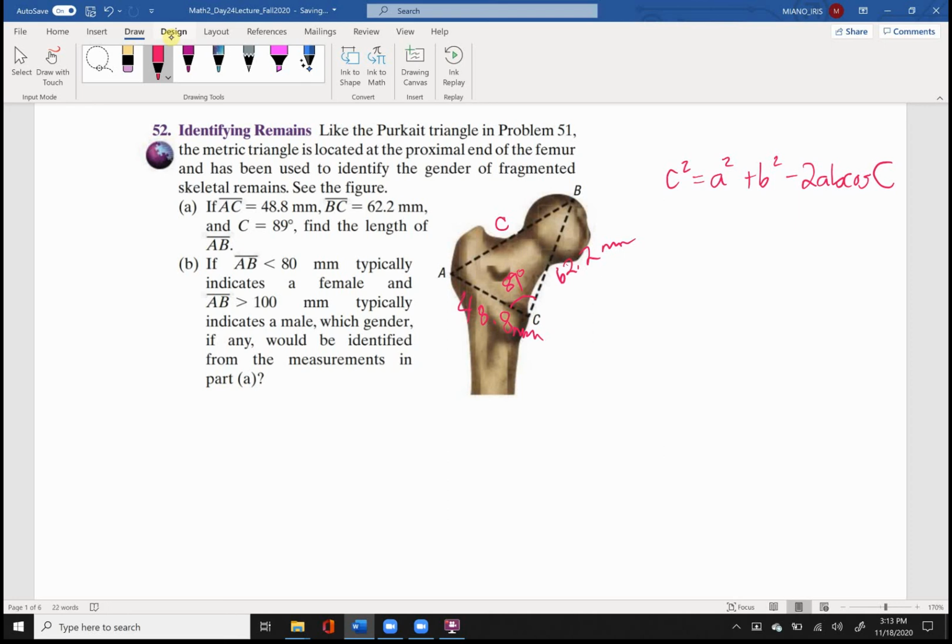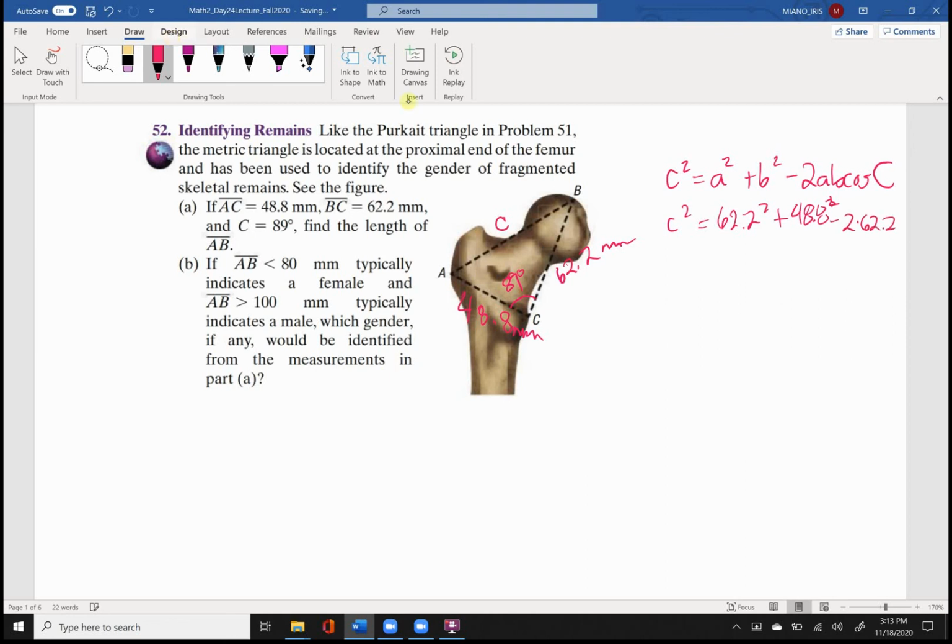So I will get c squared equals 62.2 squared plus 48.8 squared minus 2 times